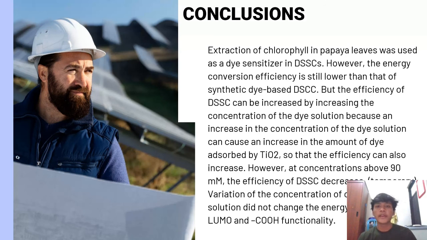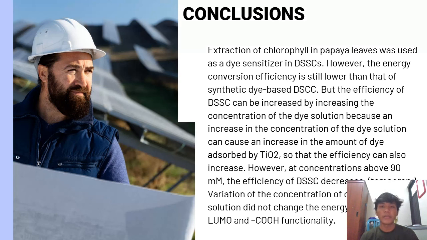But the energy conversion efficiency of the chlorophyll-based DSSC is still lower than the synthetic dye-based DSSC. According to the data, DSSC based on dye N719 achieved an efficiency of 1.293%, while the highest efficiency for DSSC based on chlorophyll dye was